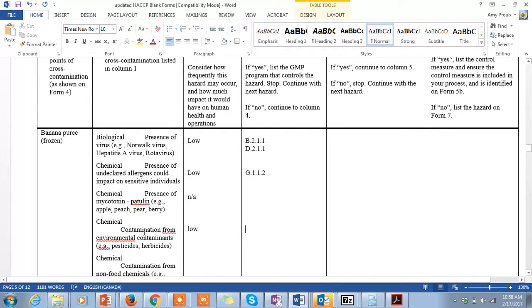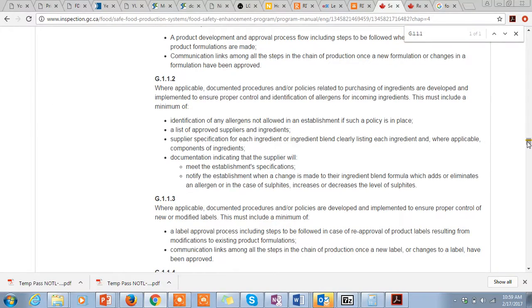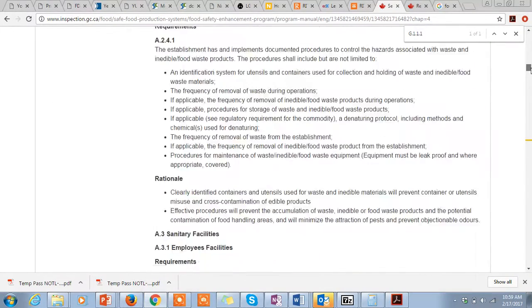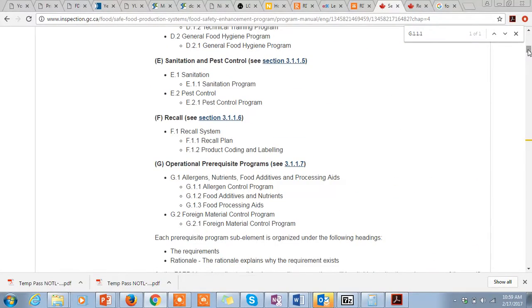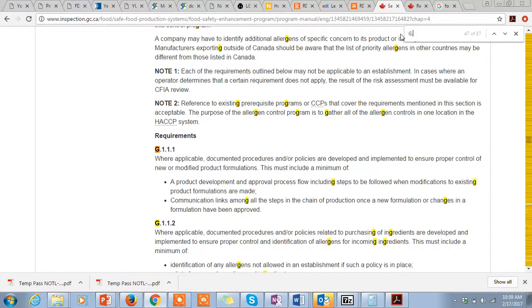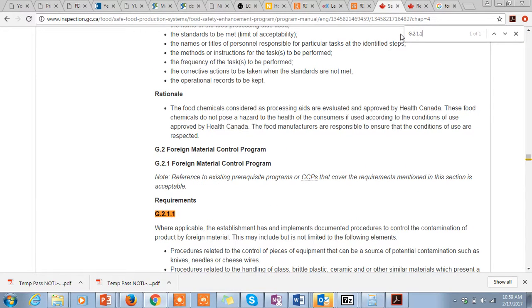Going down here, chemical contamination from environmental contaminants, pesticides and herbicides. Is this B211? We ensure that our purchasing procedure indicates that we will only purchase produce from suppliers that have a GAP program. It's really up to us. Or do we go back in and decide, is it in the G program for product control? Let's scroll back up here. It's really up to us. Is it G21 or G211? The more you have,